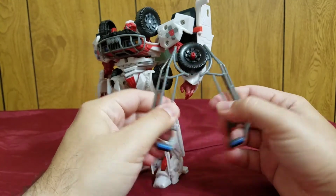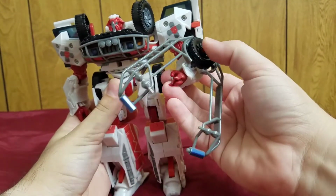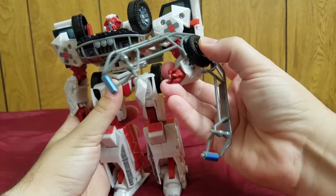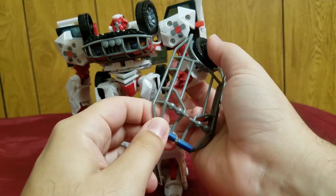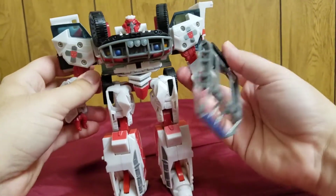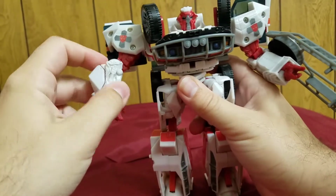And also, this is his weapon. It's not really a shield, but when you move this forward, it opens. When you move this around, it opens and closes. It's actually like a big claw. So you can grab enemies and then punch them in the face. And this weapon, what it's supposed to be,